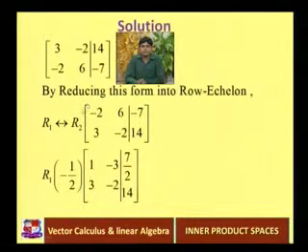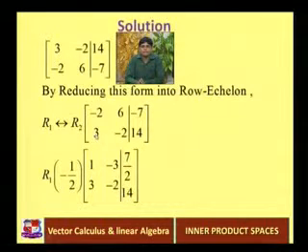For that, we do the operation R1 R2, that is, interchange the rows R1 and R2. After interchanging the rows R1 and R2, the row minus 2 6 minus 7 goes to the first row, and the first row 3 minus 2 14 comes to the second row. And again we still have minus 2 here, but for the row echelon form we need 1 here.